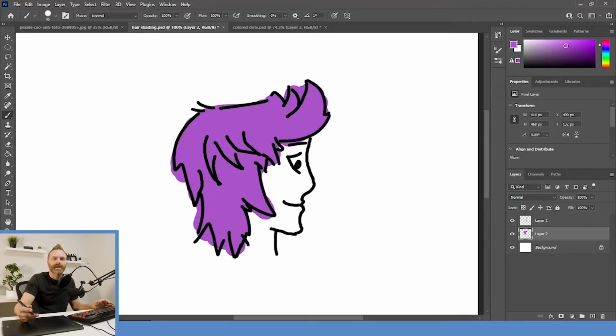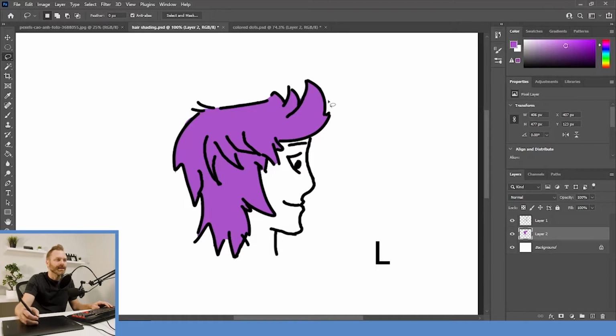Okay, so I've got my mid-tone hair. I can go back with the eraser tool and I can clean up the edges a little bit. I'm not going to spend a whole lot of time on this because it's not a hair drawing tutorial, but I'm just going to quickly clean up the edges just so it doesn't look so bad. Okay, so I've got the nice mid-tone color laid out, and I'm going to switch back to the lasso tool,